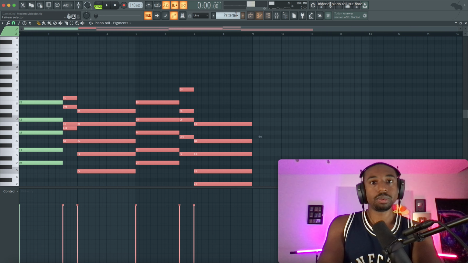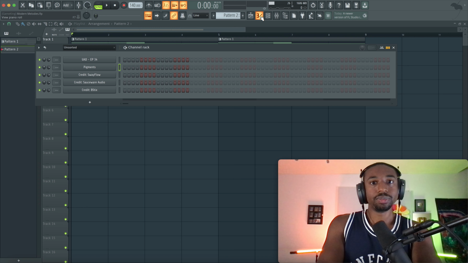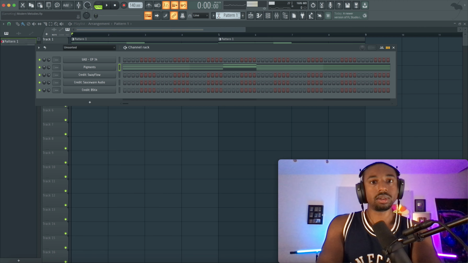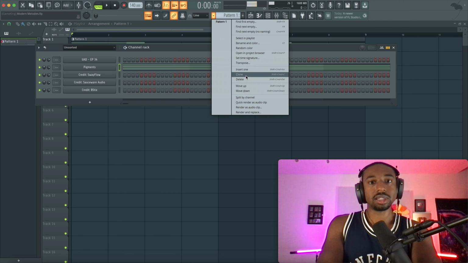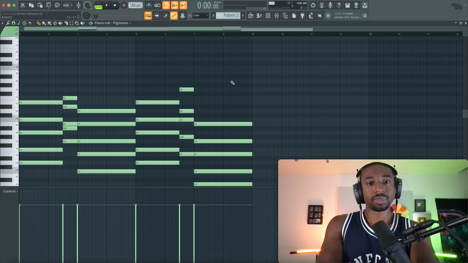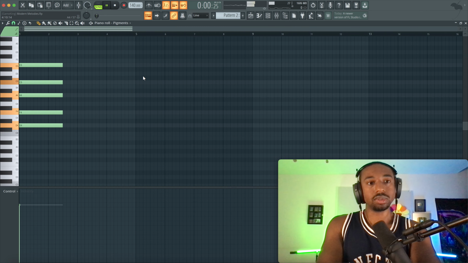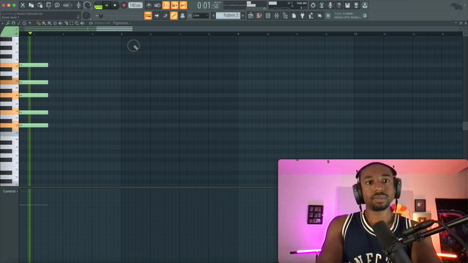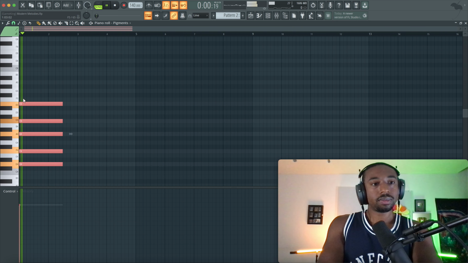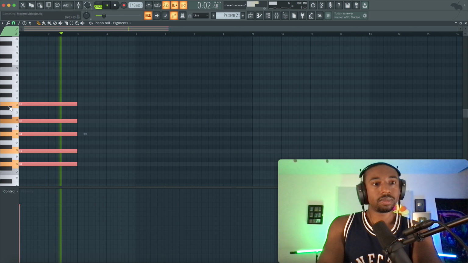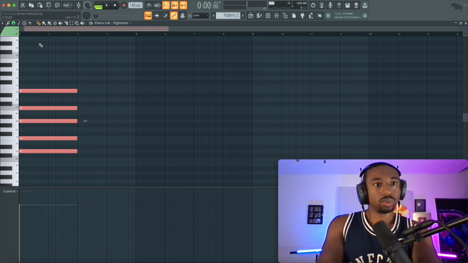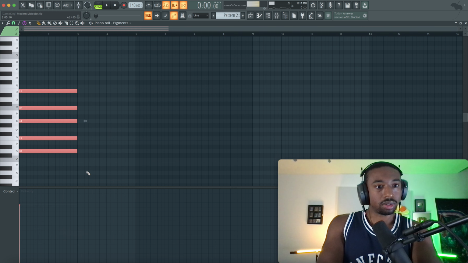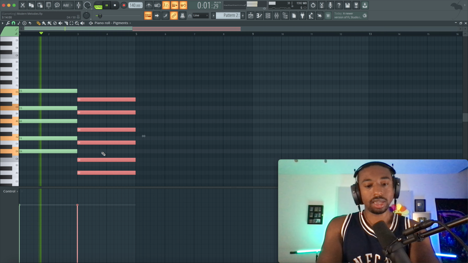So I do like that chord progression, but let's make it more simple. And where we at here? Let's clone pattern 1. Let's make this like 3 chords max. So we have D minor 9, then we're gonna move into, let's do a different chord. Let's do an 11th chord. Let's get crazy. Let's get wild. Minor 11th chord. Here we go. Into A minor.